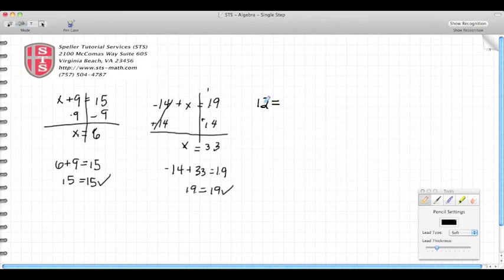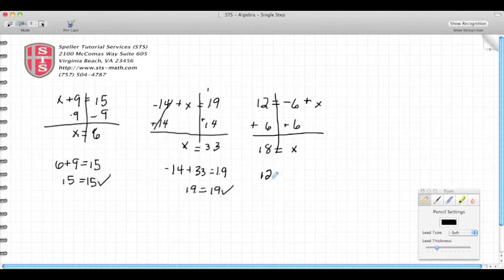Let's take a look at another equation where I'm just moving the terms around a little bit. This time, starting with 12, and I'm going to set that equal to negative 6 plus x. Draw my line to separate my two expressions. I see that to isolate this x, I need to add 6 to both sides. 12 plus 6 is 18. The 6s again cancel or go down to 0, and my x is what's left. So I have that x is equal to 18.